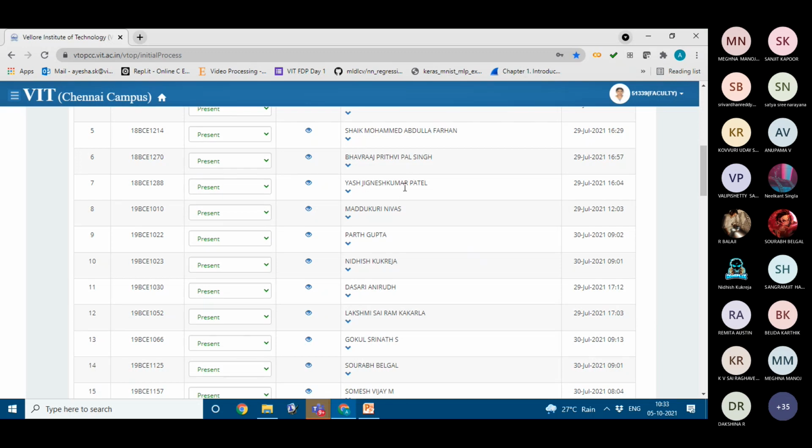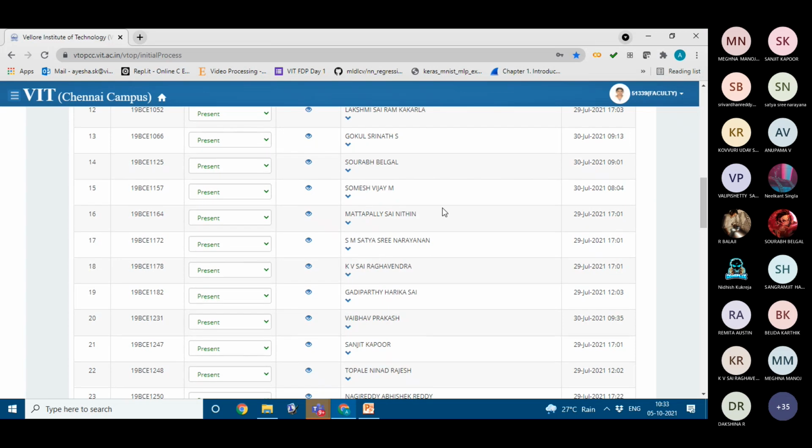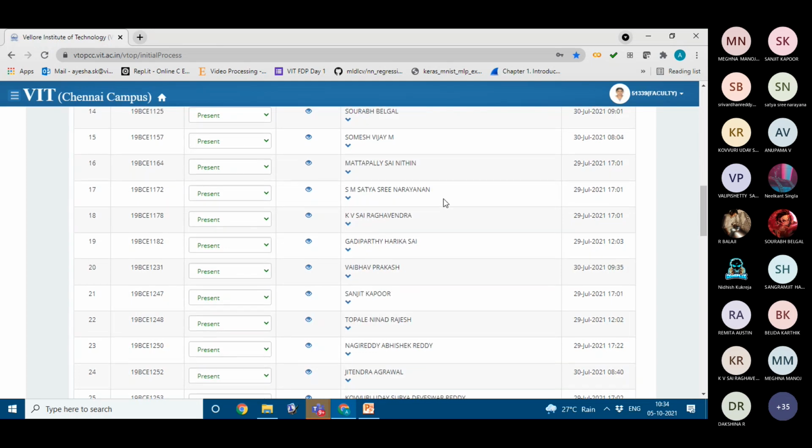Nivas, present ma'am. Nidhesh, present ma'am. Anirudh, present ma'am. Sairam, present ma'am. Srinath, present ma'am. Saurabh, present ma'am. Sumesh, present ma'am. Sai Nitin, present ma'am. Satyajit Narayanan, present ma'am.